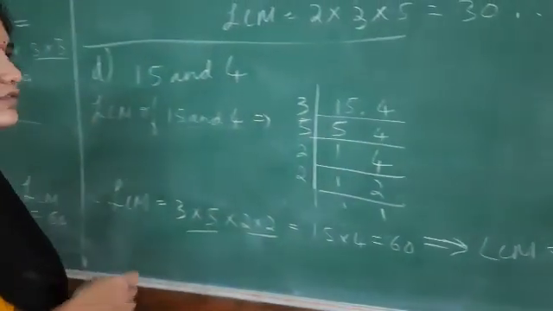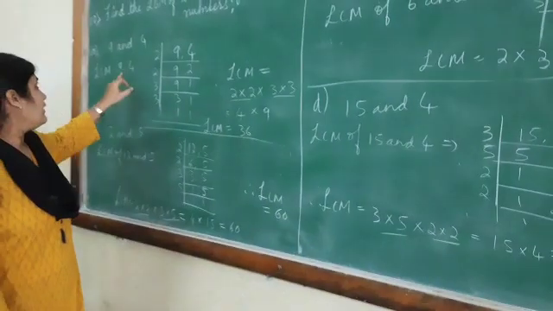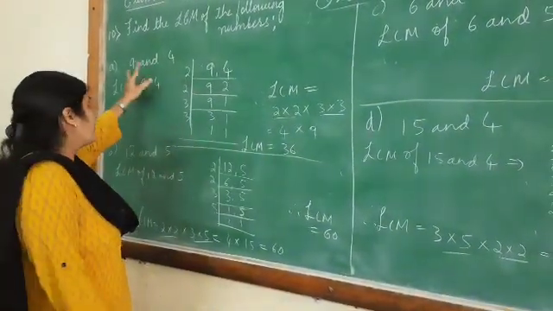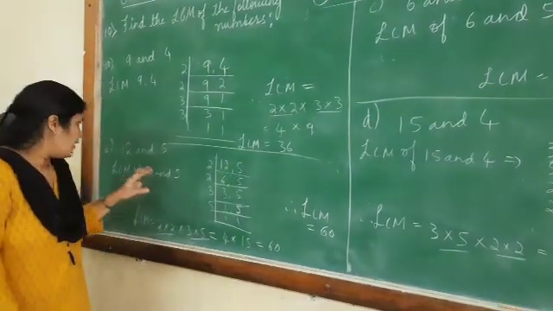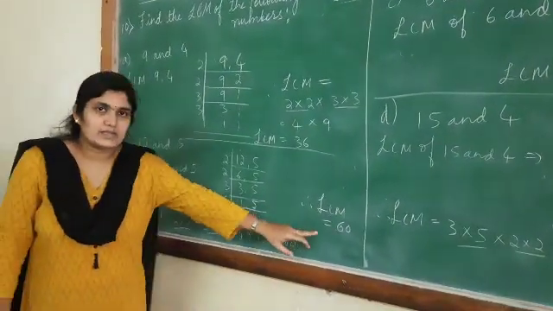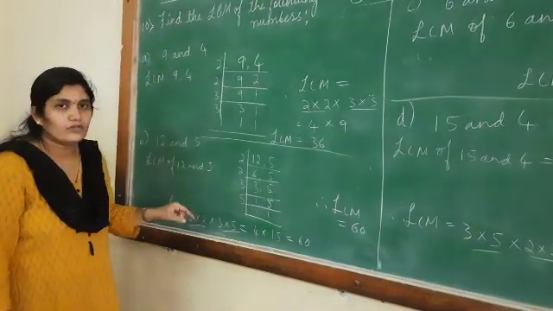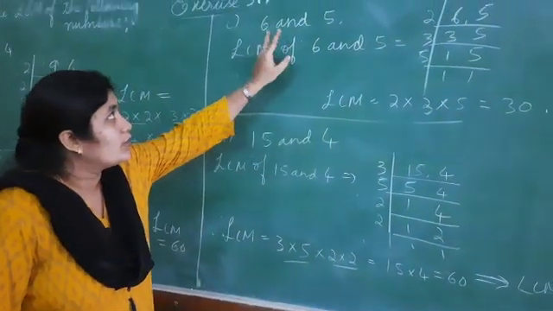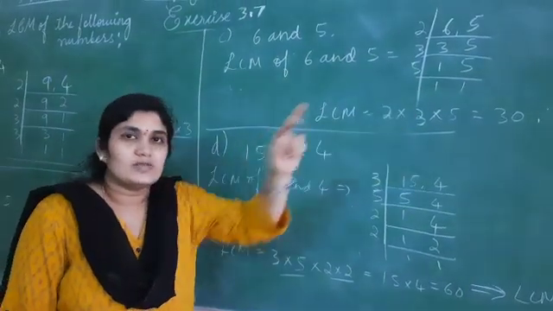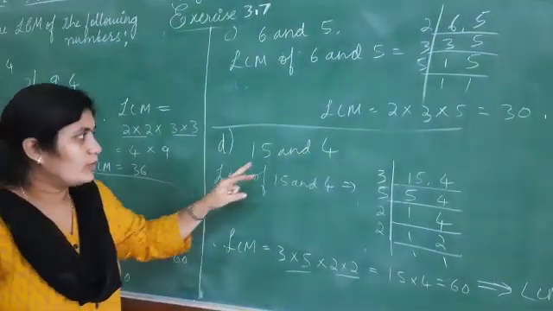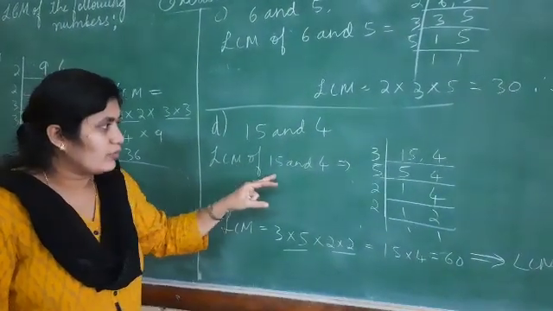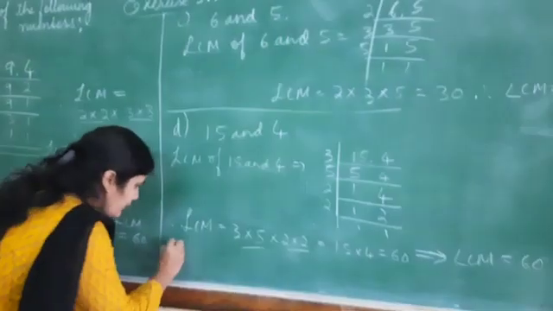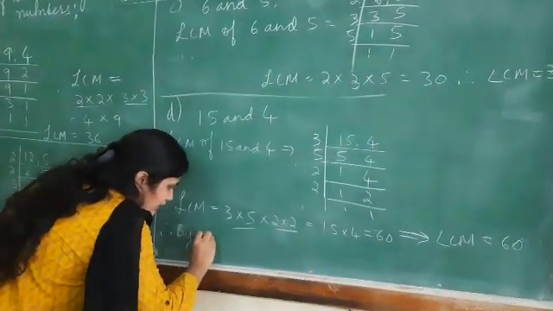So, when you observe these 4 problems, A1, 9 and 4, 9 4s are 36, that means the LCM is the product of 2 numbers. Here also same, 12 and 5, LCM is 60. Here also LCM is product of the given 2 numbers. And here 6 and 5, 30. The product of 6 and 5 is 30 and LCM is also 30. And in D problem, 15 and 4, LCM of 15 and 4 is also 60. Product is also 60. Therefore, by observation, we can say that